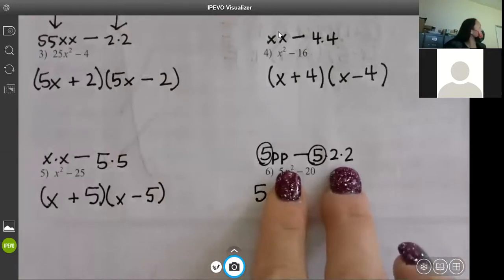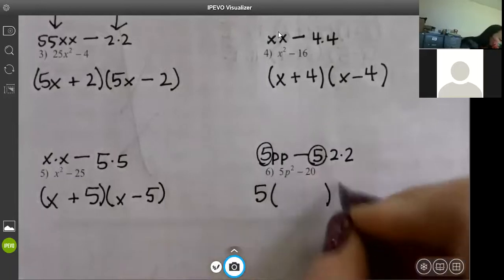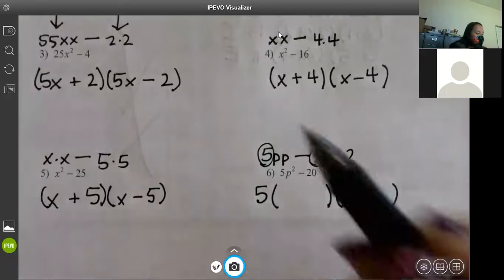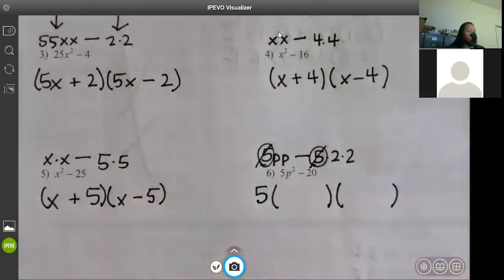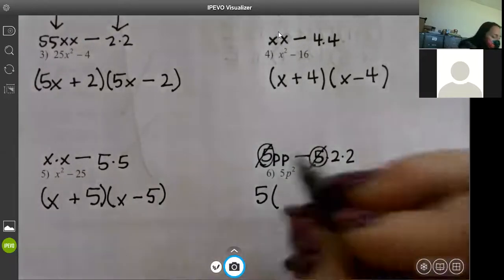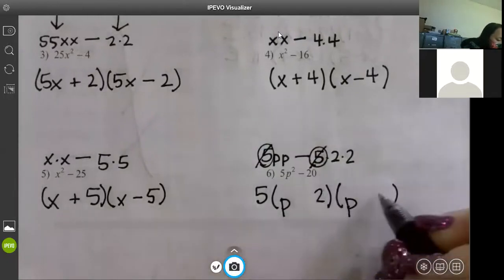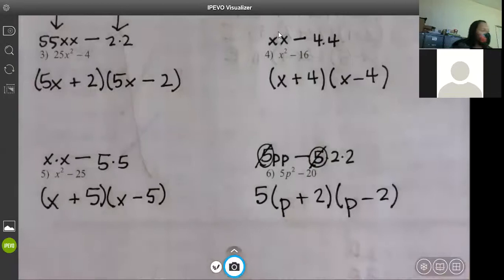It made pairs, right? So we are at the 5. And then we put our 2 sets of parentheses. That 5 doesn't matter anymore. What goes in the front? What goes in the back? One is positive, one is negative. That's it. So on the last couple, we're going to take a GCF out, and then it should be pairs